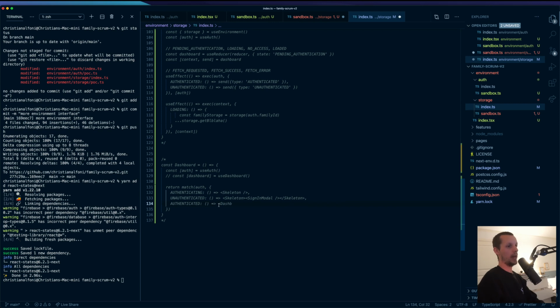Here you would actually have dashboard content, for example. But the thing is, you would have the dashboard feature first, because that's responsible for loading the data, and then you would have dashboard content. The problem is that now this skeleton, I want to reuse that inside this one. So if we're loading, I want to show the skeleton. But what's happened now is that I have this feature in between, and React will